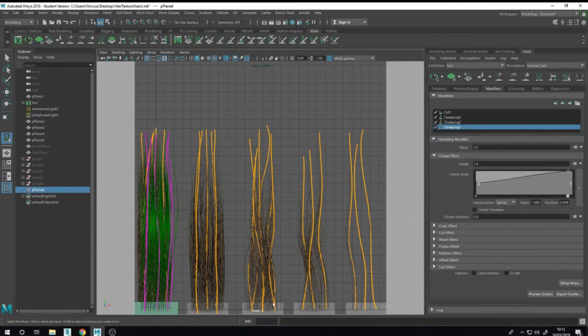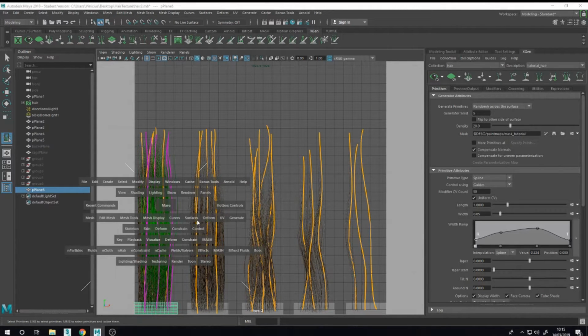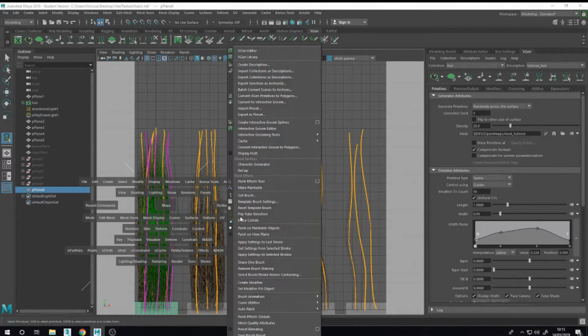Adjust the orthographic to render the position in the correct place like I did here. And this time turn on the face camera and convert to generate primitives polygons.